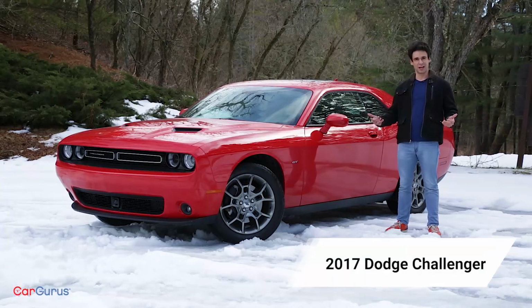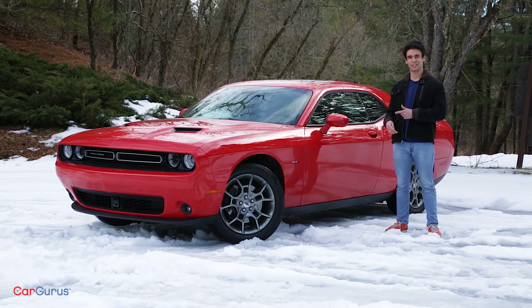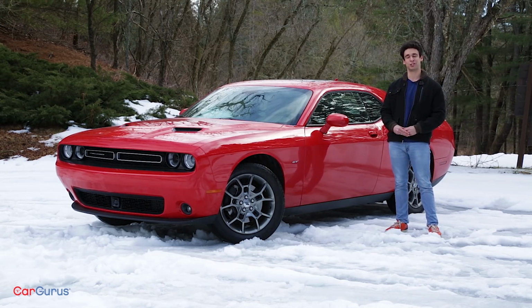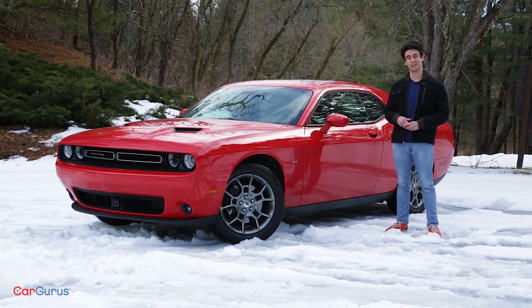This is what you wanted, right? A 70s throwback muscle car that's efficient and practical? This is the 2017 Dodge Challenger GT. It's not the RT, the SRT, or the Hellcat. The GT is the base V6, automatic transmission, and for the first time ever in the muscle car segment, all-wheel